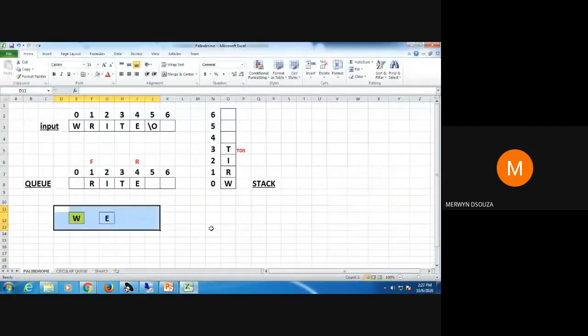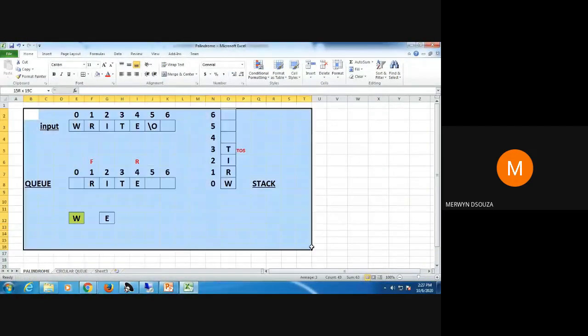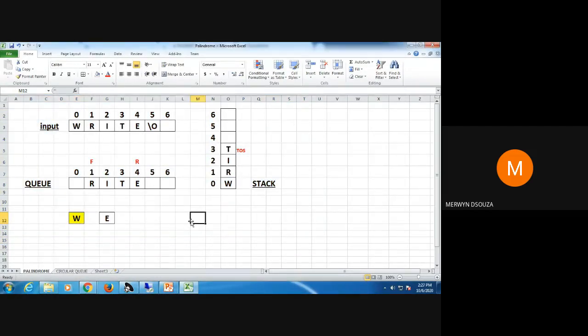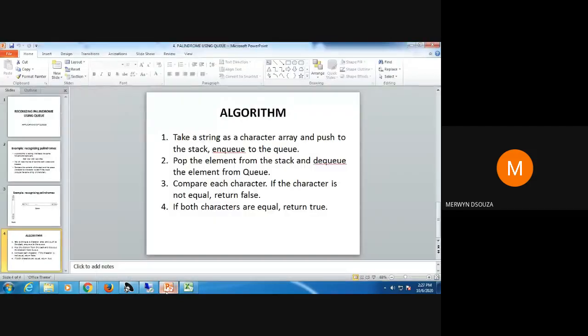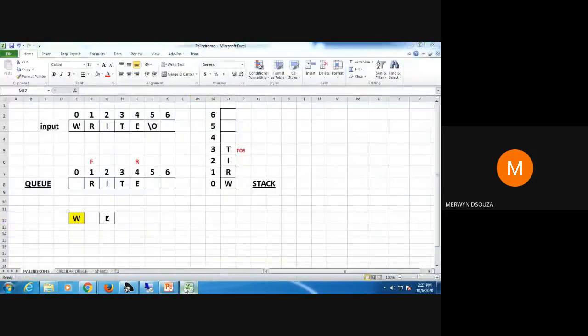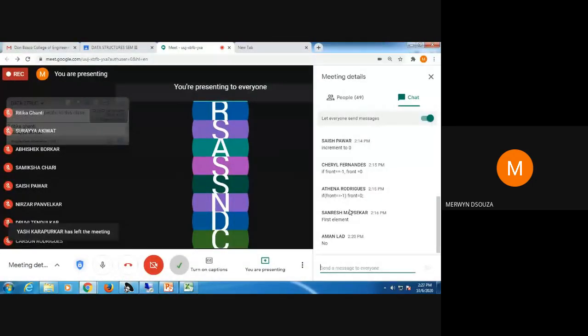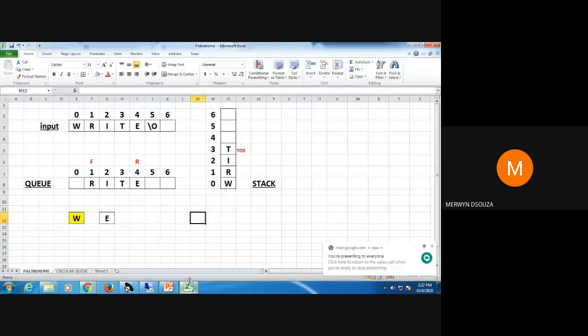I've shown you an example of a palindrome and an example of a non-palindrome. You have to be able to describe this algorithm with the help of an example. Any questions about this algorithm? No questions? Okay, I'll proceed then.